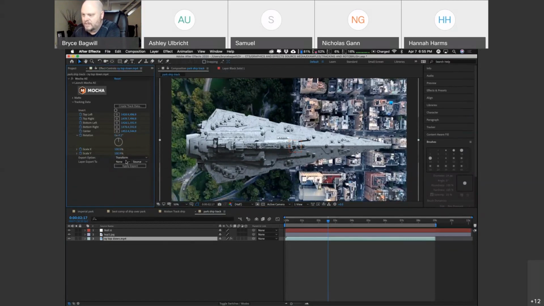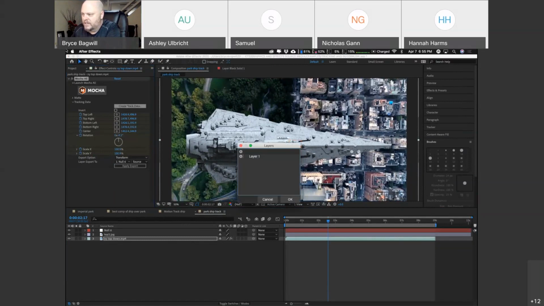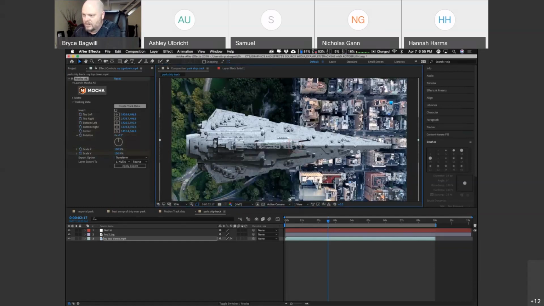So I went to the export option and set it to transform. I want to export that layer to the null layer. And then I want to create the tracking data from the project it just rendered. So I'm going back to layer one again, which is the default, and it should have just imported the information from Mocha into this plugin. And now I can apply this to the null like I told it I was going to, and I hit apply